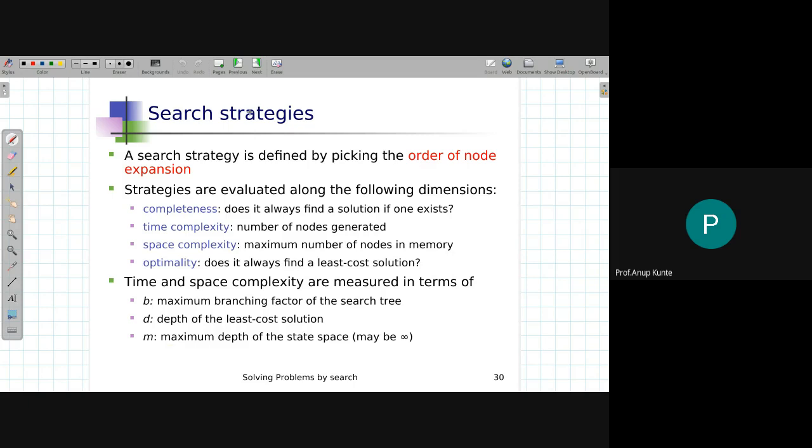So my space complexity is directly proportional to the maximum number of nodes that I keep in memory while doing the search for same length search problem. Same length search problem के लिए space complexity ऐसे judge होगा. So time complexity, space complexity, they are naturally known to you. They are not difficult to understand. Rest of the two are specific to search problem.